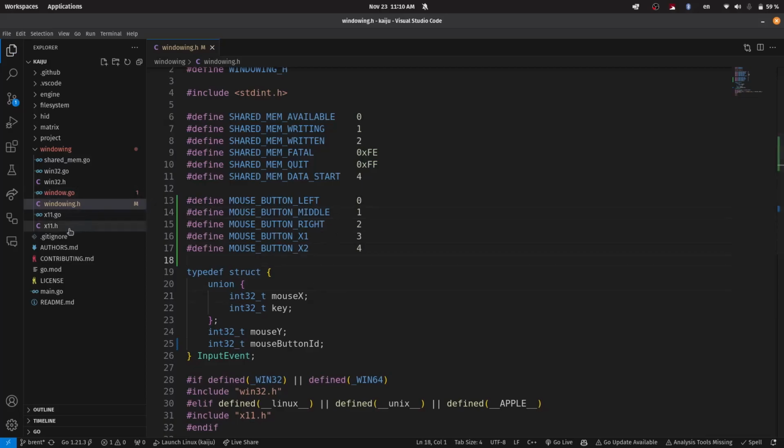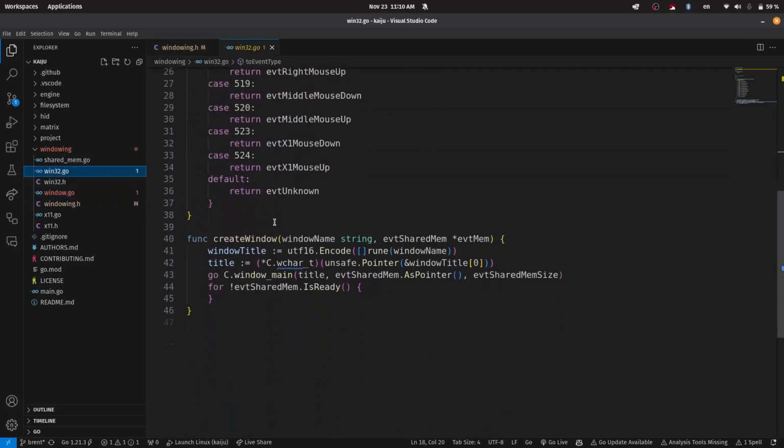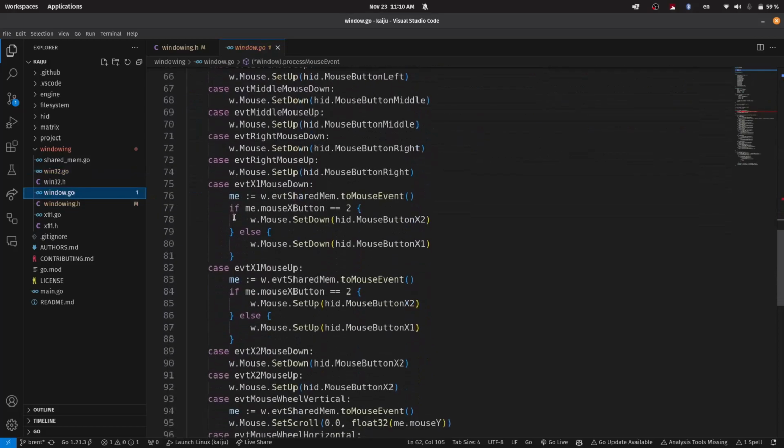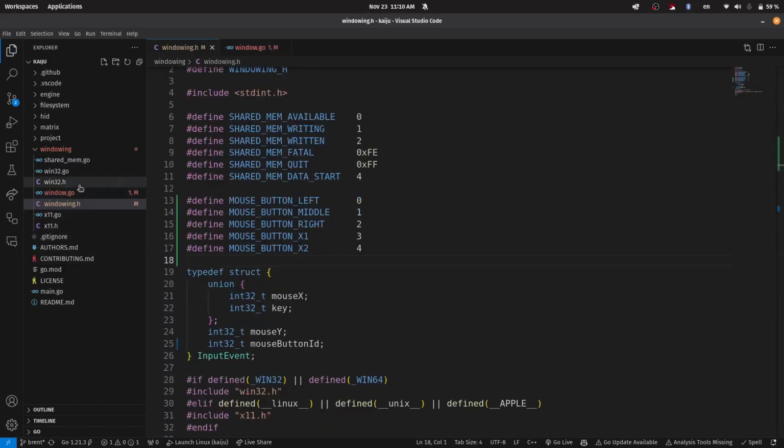And that means, before I forget, we need to go to Win32Go. I think it is. No, we need to go to window.go. And we're going to change this. We're actually going to refactor a portion of this stuff. But just so that I don't forget, we're going to put 4 here and 4 here. So now inside of the